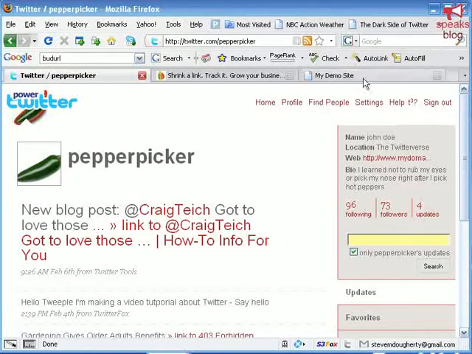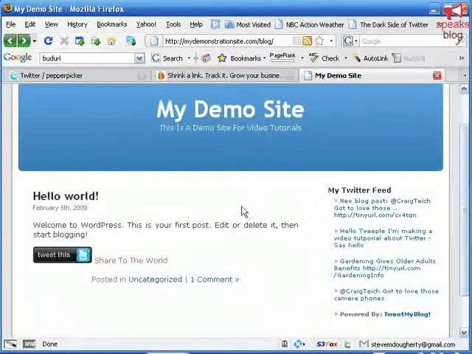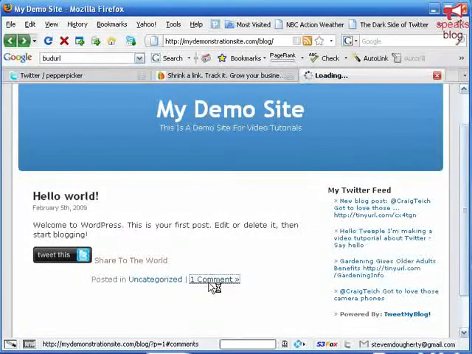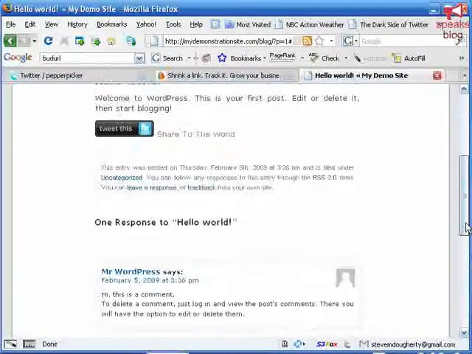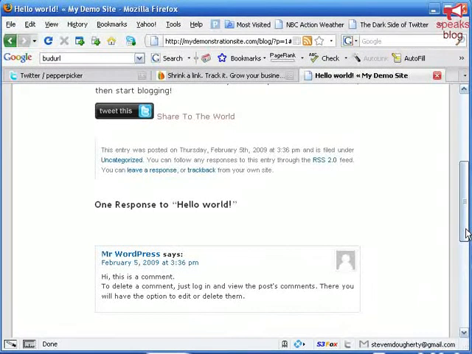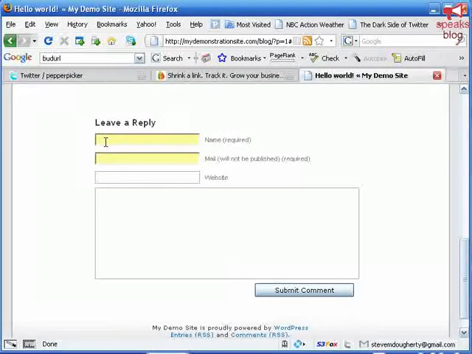For example, using my demo site blog as an example, if you were to go here and let's say this was a quality post, then you can click here on comments. Of course it varies from site to site, but the bottom line is if you were to post a comment on somebody's blog, you come on down here, and some have a few extra hoops for you to jump through to be able to post a comment on their blog. Some do not. Again, the key here is to post a comment on their blog, and I have it, quality content too,